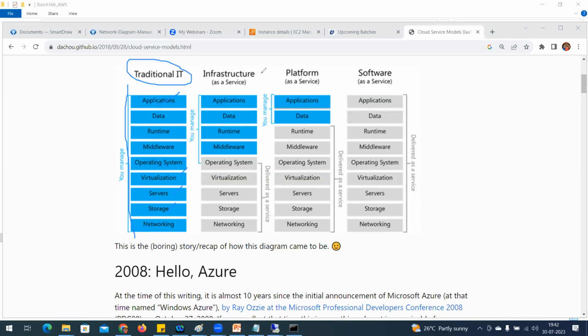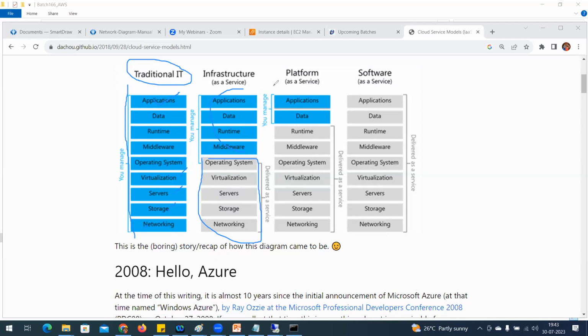Now, what is infrastructure as a service? IaaS. In this particular structure, the provider is going to manage only this lower component as IaaS, and the remaining part is the end user's. For example, I'm planning to install a middleware application, or develop an application, then I am going to choose infrastructure as a service. That comes under EC2. Once EC2 is deployed, the Windows server is ready. On that Windows server, it is my responsibility what application I'm going to install. I can configure it, I can use it.